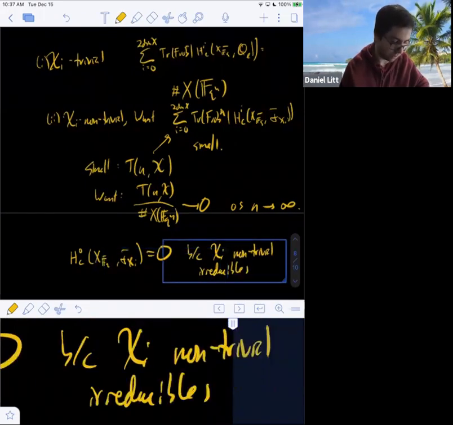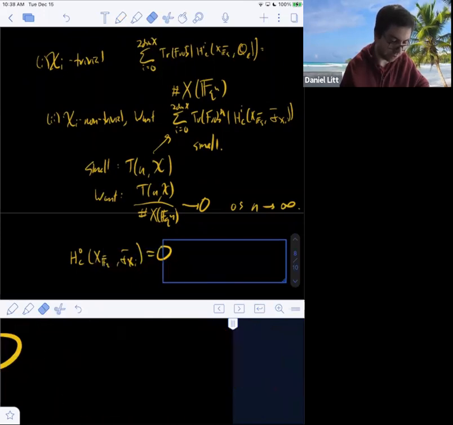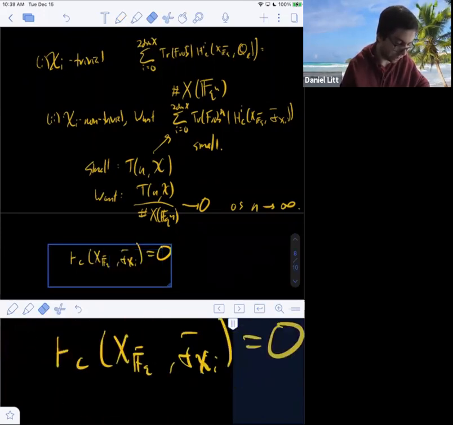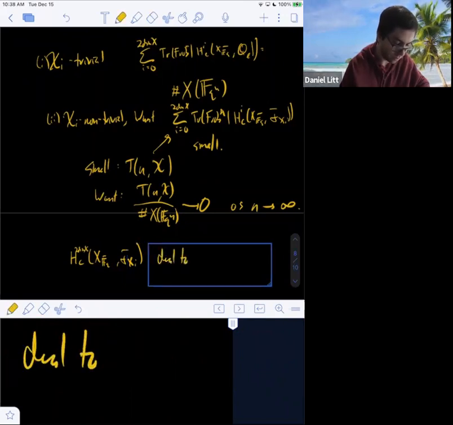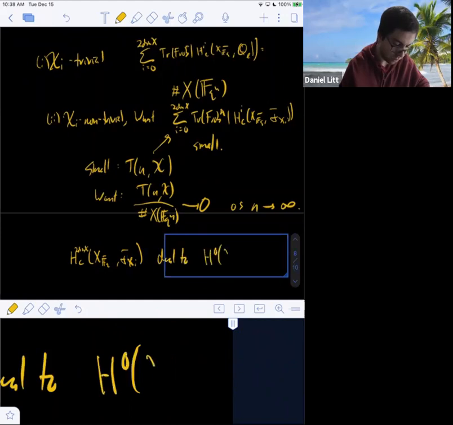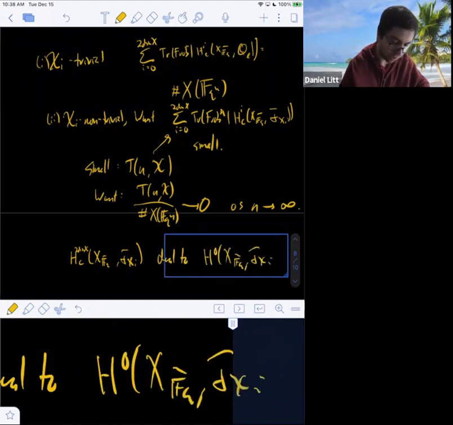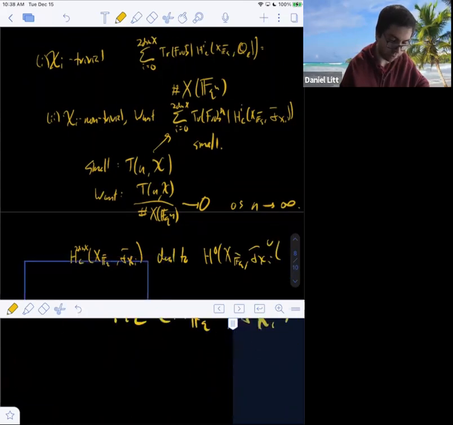Sorry, that's not the interesting one. Sorry, the interesting one is H^2 dim x. So this is H^2 dim x, and this is going to be dual to H^0 of x F_q bar, F chi I, I guess dual twisted by the dimension,